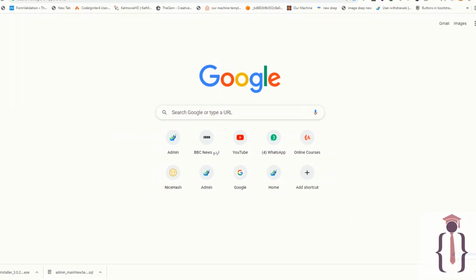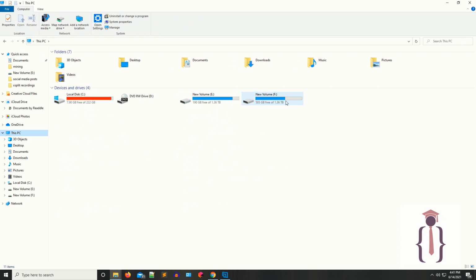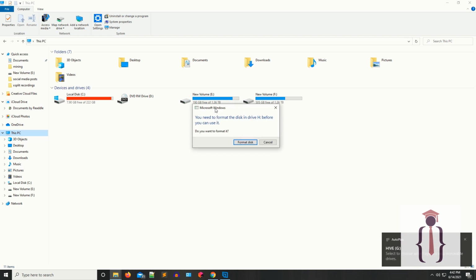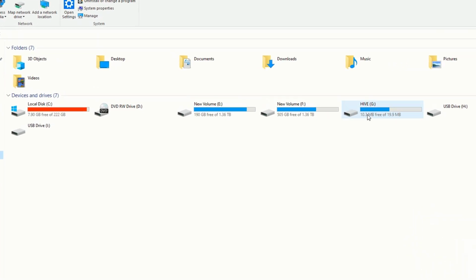So now go to This PC. As you can see, it's not showing you the pen drive here. Why? Because you have to eject the USB and reinsert it in your PC. Okay, now I have just reinserted the drive. As you can see, it's showing just 10.3 MB,